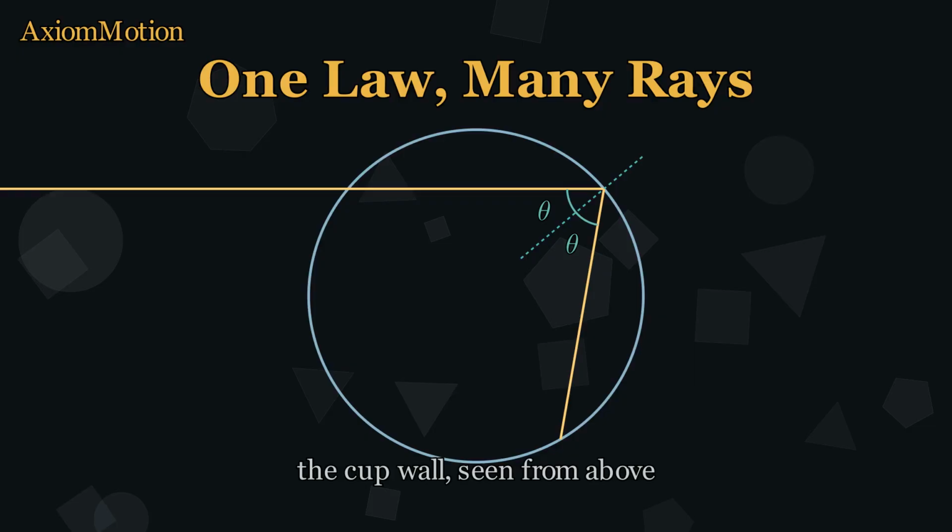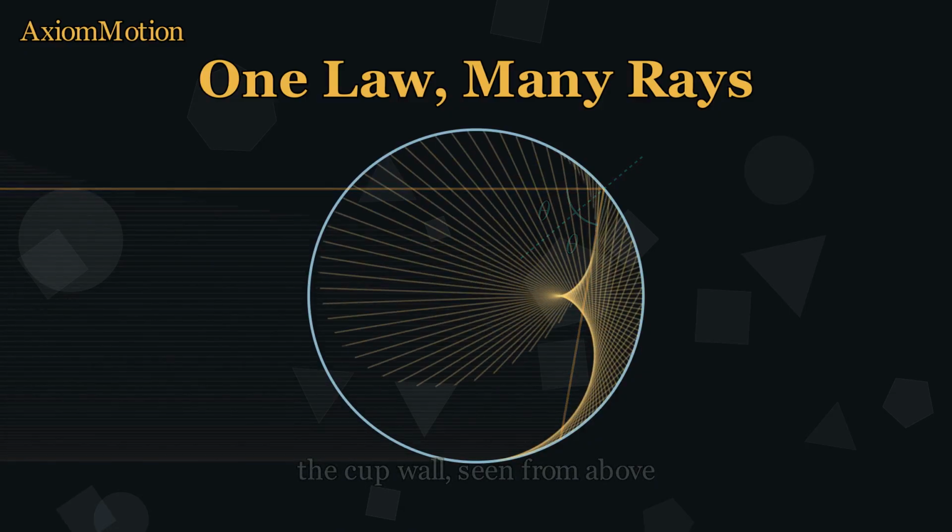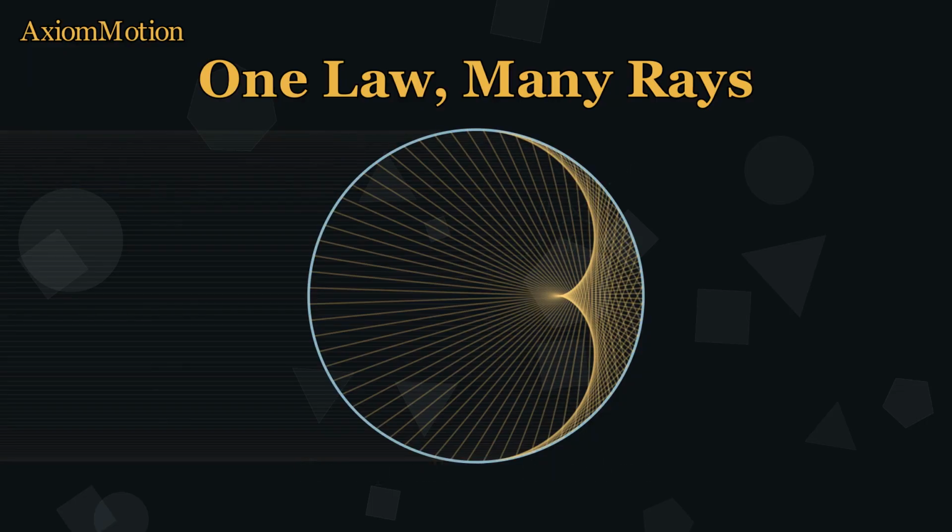Now let every ray play the same game. Each one strikes its own point. Each one bounces at its own angle, and every single one of them is a perfectly straight line. But together, they conspire. Where neighboring rays cross, the light piles up, and out of nothing but straight lines, a